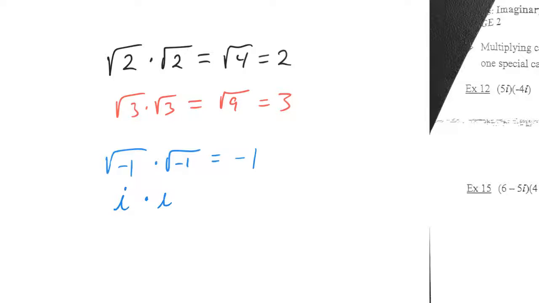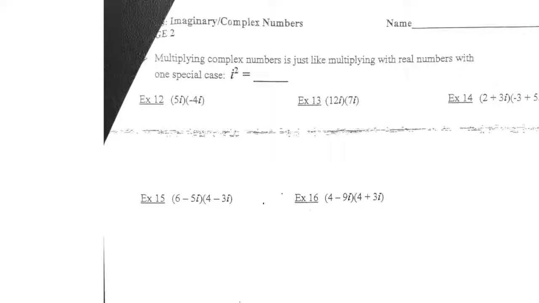So i times i, which is i squared, and so i squared is negative 1. Right? For the same reason, square root of 2 times square root of 2 is 2, i times i gives you an i squared, and i squared is negative 1. And so this can be confusing, and you have to watch out for these i squareds when you work on